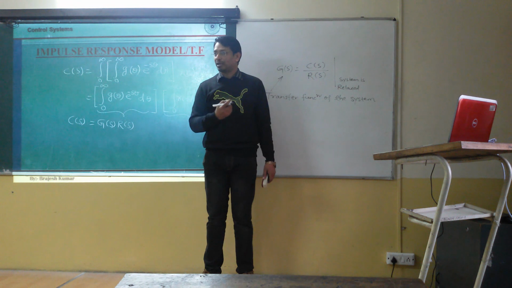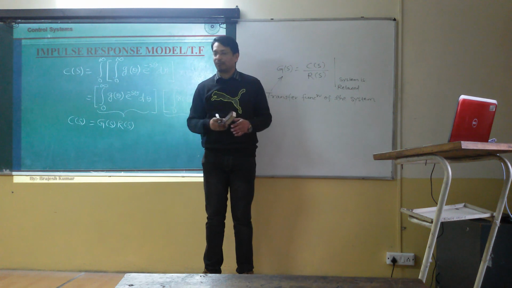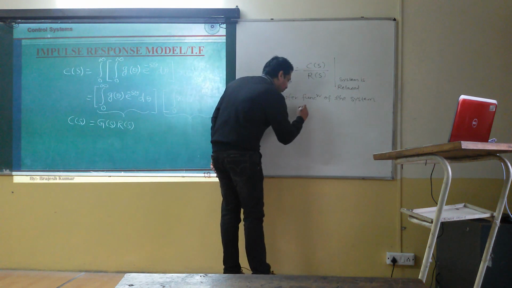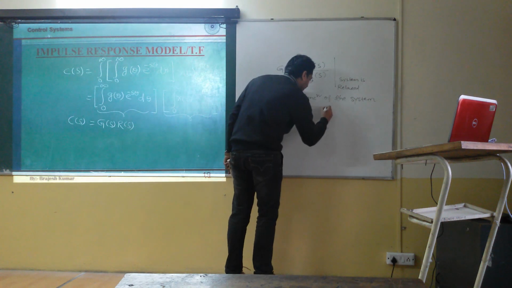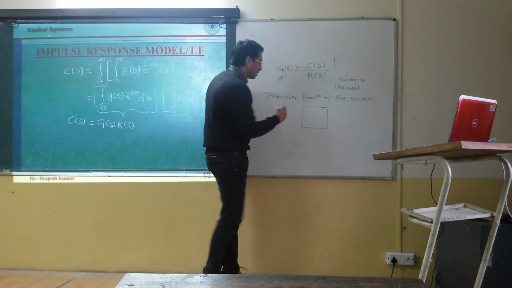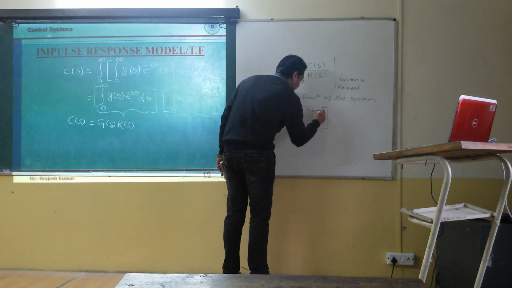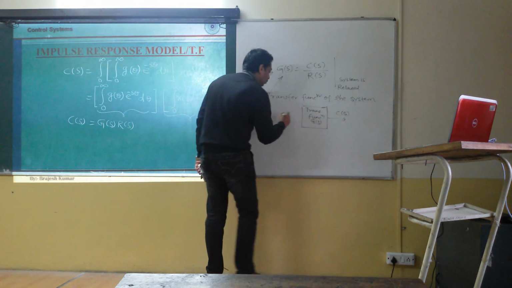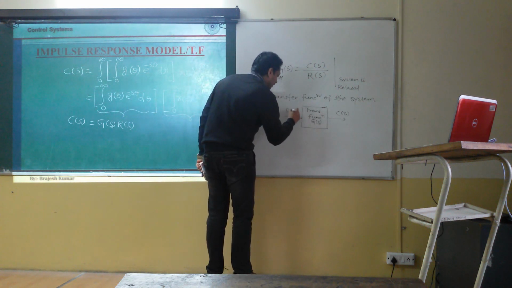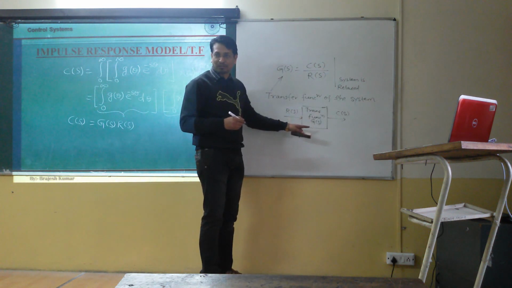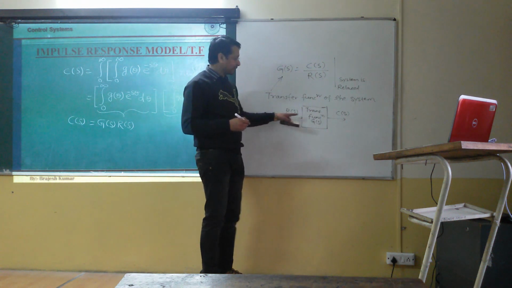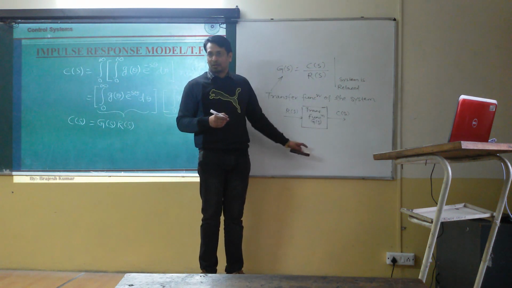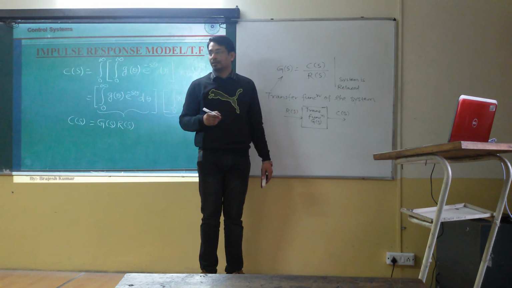With this definition of transfer function, I will end this lecture and we will study some block diagrams. Our representation will now be somewhat like this: the transfer function G(s), with the Laplace transform of output C(s) and the input. So instead of the impulse response, you have the transfer function, and instead of r(t), you have R(s). The rest of the properties of block diagrams we will study in the next class. Thank you.